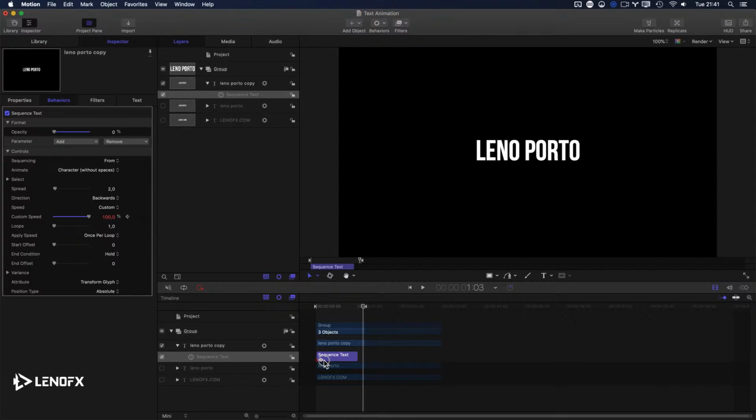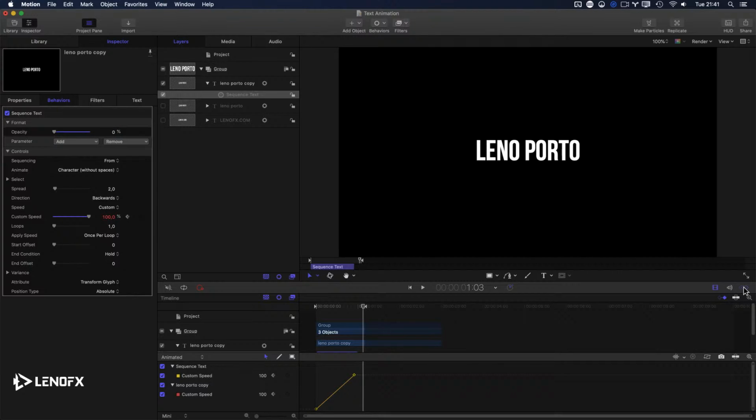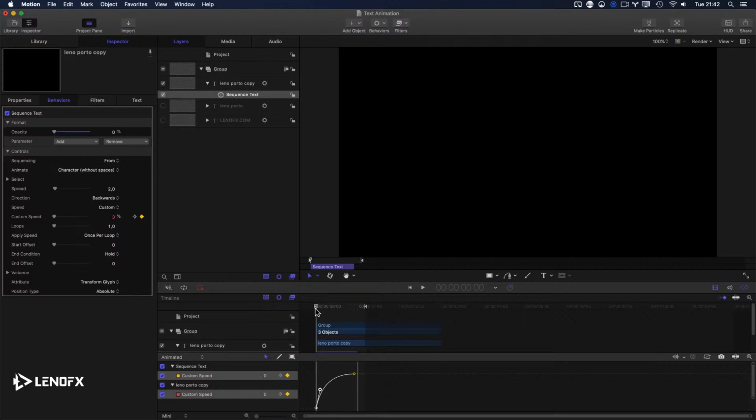Custom, you can click here and align the keyframes with the size, the duration of the behavior. Open the keyframe editor. You can come to this button and then click and drag, holding down the command key, and change the curve. Let's see. Okay, you can come here, apply speed to once, per loop or per object. Most of the time, 99% of the time, I use per object. Okay,